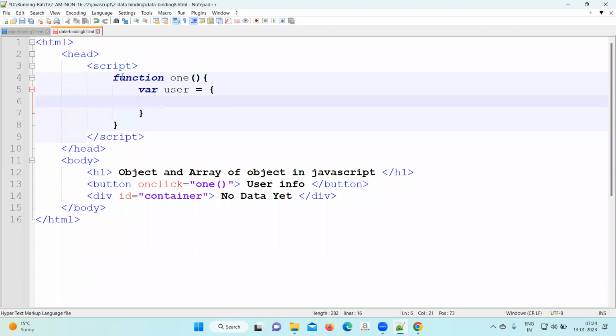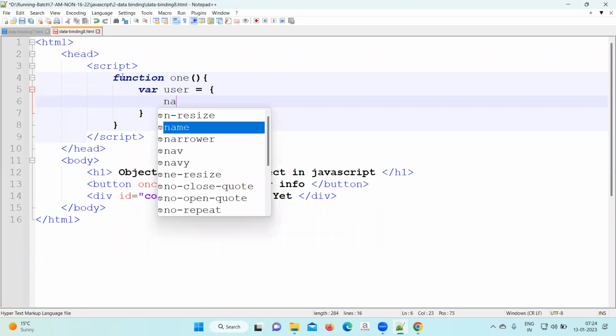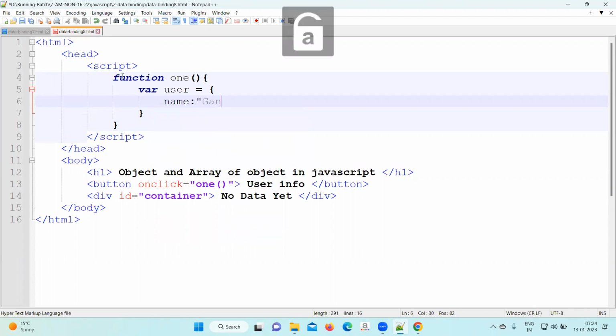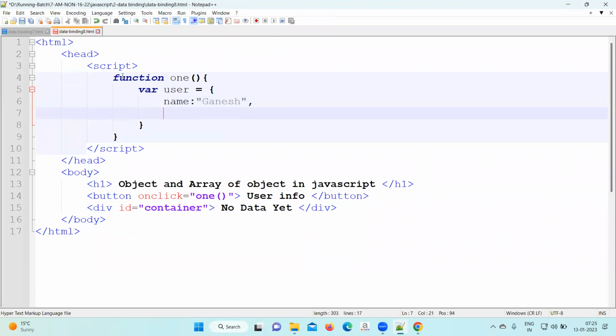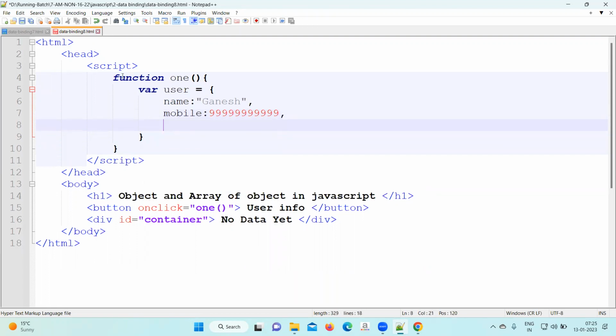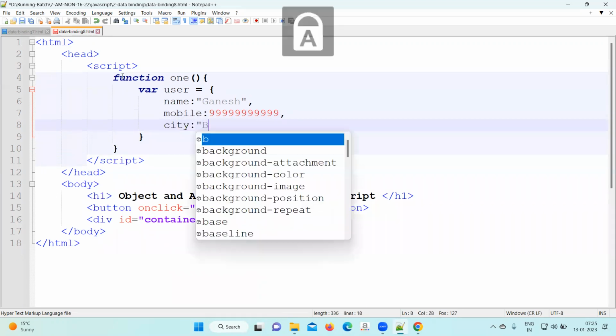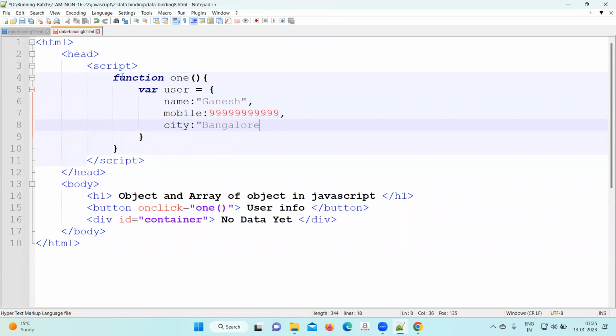In this object, you will add name as a property and Ganesh as a value. You will add mobile as a property, some number as a value, city as a property, city name as a value,